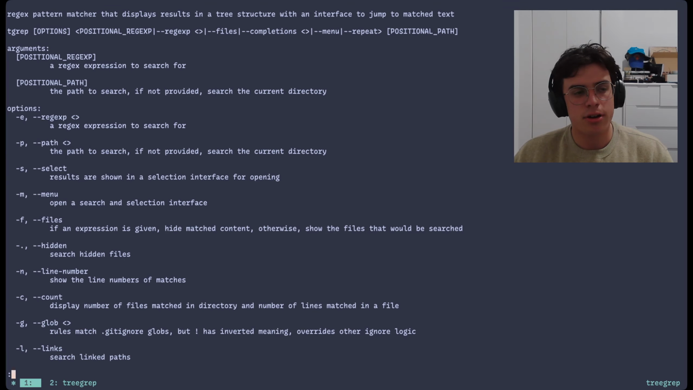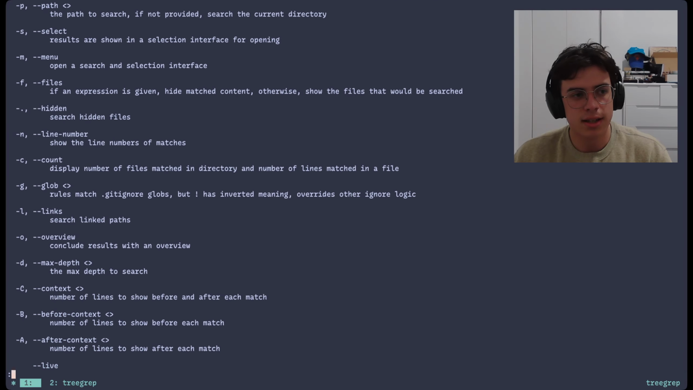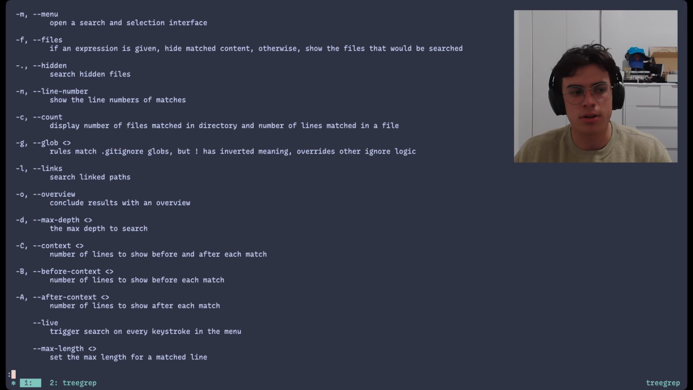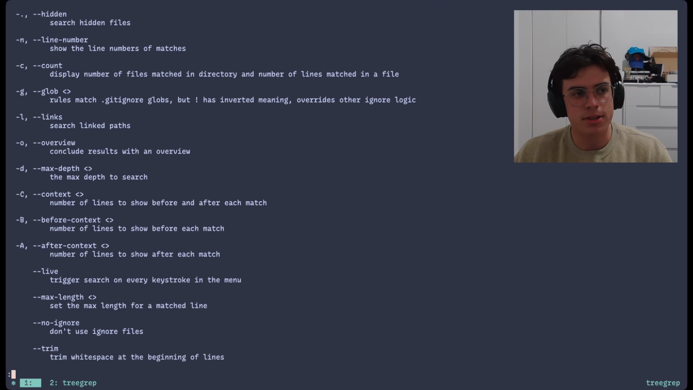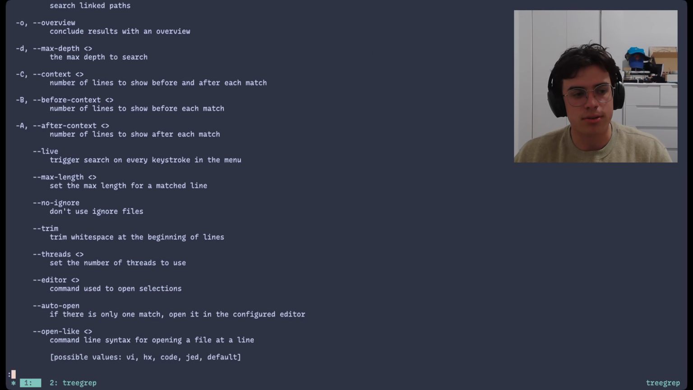So there's two positional arguments, which are the expression and the path. You can set any amount of expressions through the option syntax. You can also open those results in a menu. You can just list out the files if you want to do that. And you can configure a bunch of things about the search. If you want to pass a glob, you can show the count, decide whether to include hidden files,